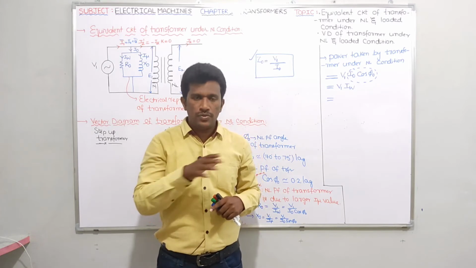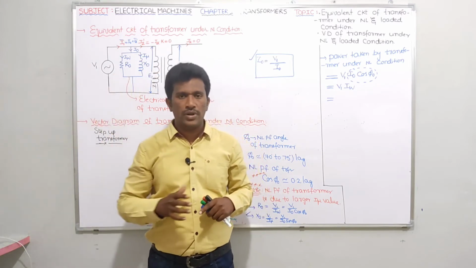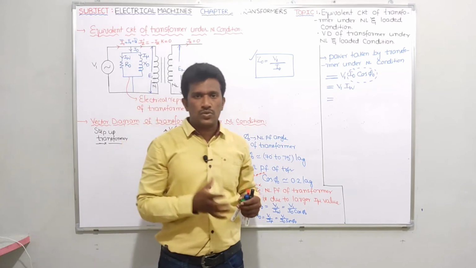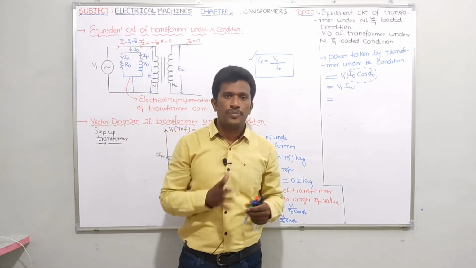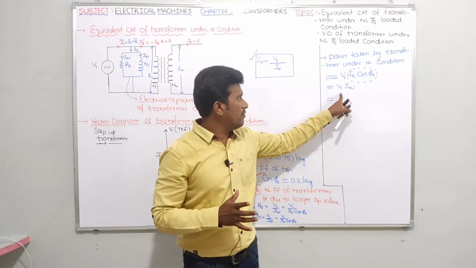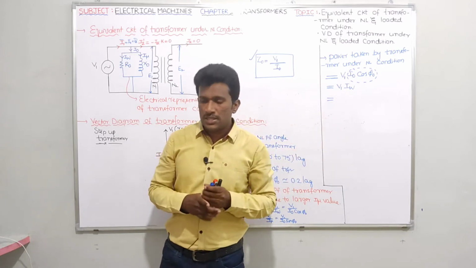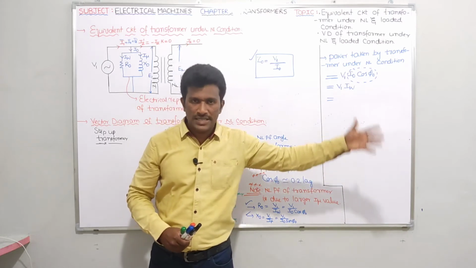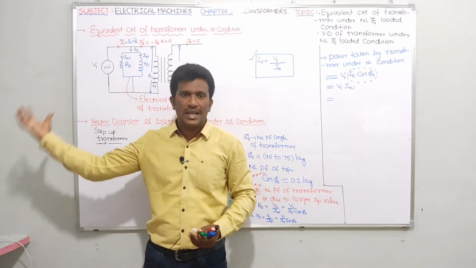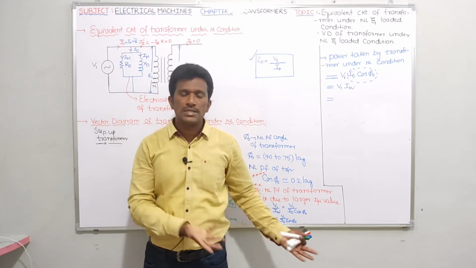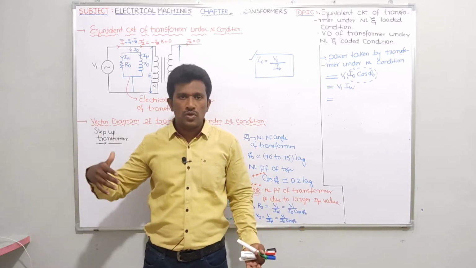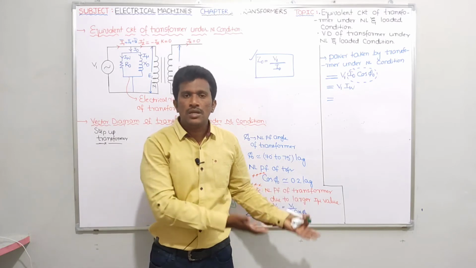Core losses, which we will discuss in the last topic. No, don't worry. So I am asking now, power taken by the transformer under no load condition equals V1 IW. You tell me guys, if there is no load at the secondary, whatever the power taken by the transformer is equal to what? Losses. Since there is no load, whatever the power taken by the transformer is nothing but losses only.